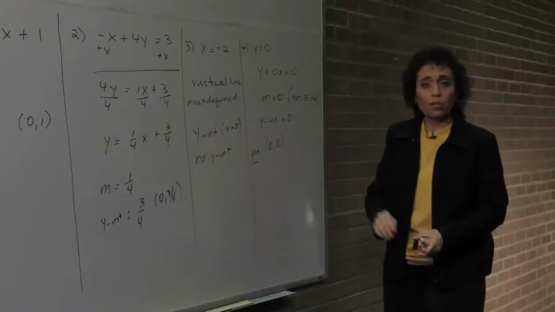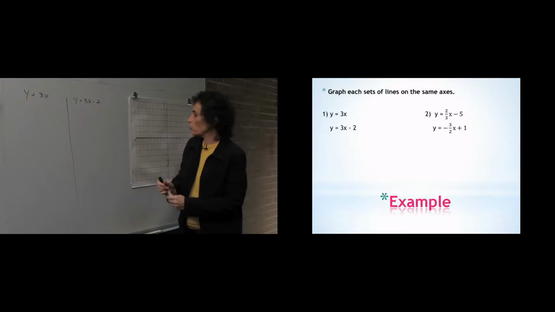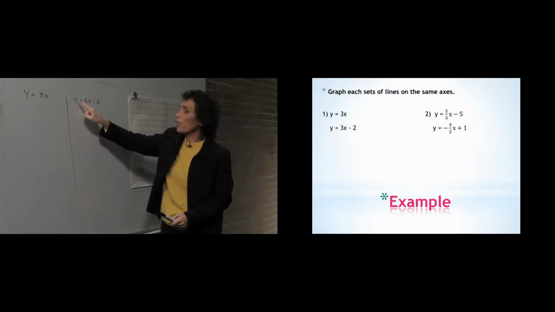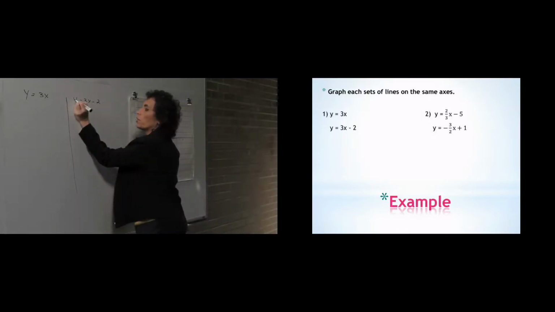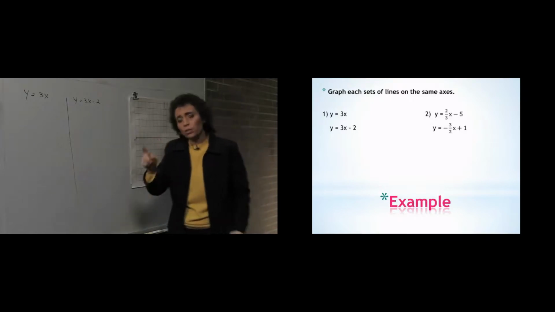Let's see what else we can figure out about slope. Okay, let's take a look at these two. We want to graph these on the same set of axes. We're going to graph both of these lines, and we know they're lines because from lesson 2 we learned that they're linear equations in 2 variables, okay? So we know they're going to be lines. All right, we're going to graph them both on this,